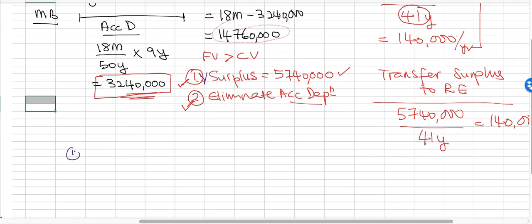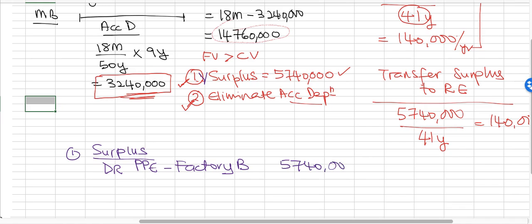For the surplus, the journal entry will be, you increase your PPE, that will be factory. This is factory B, right? So factory B, 5740, and you will credit your ARR